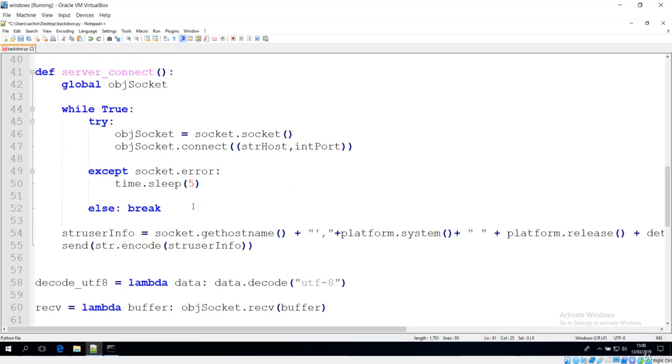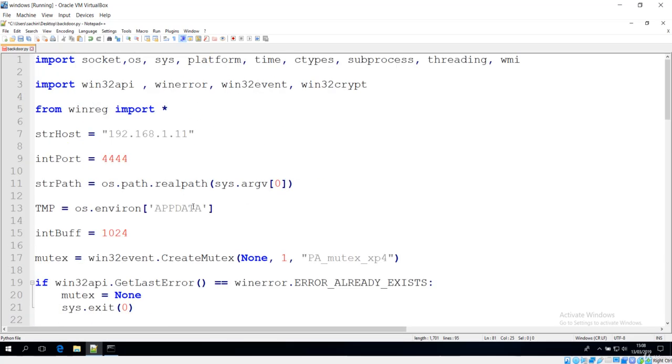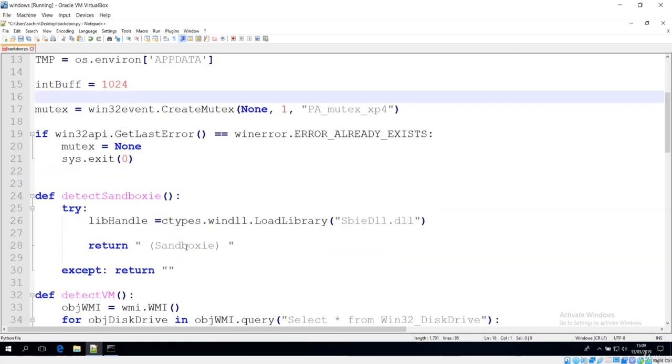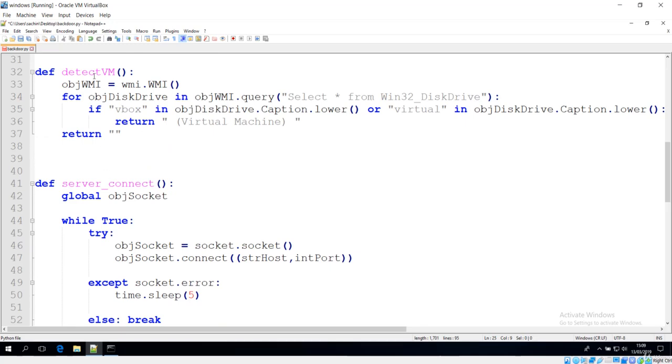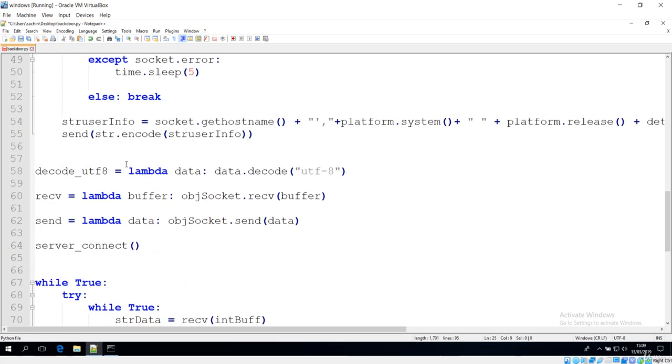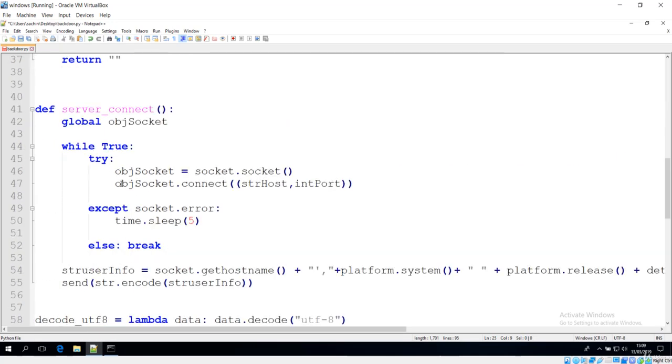So let's see what we just did here. It was easy coding. We saw how mutex works, or what the use of this mutex is. We saw how the sandbox works. We saw detecting the virtual machine, and we coded the server connect. We have already seen how to connect in the previous lecture, using this socket module, giving this tuple with the host, which is the server IP address, and the port the server will be listening on.